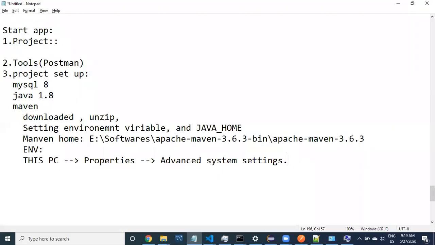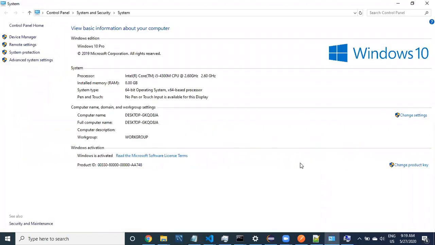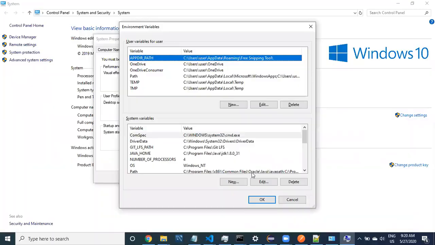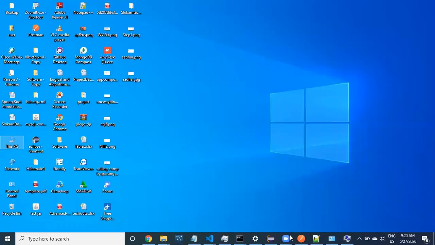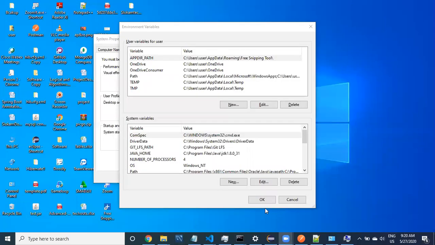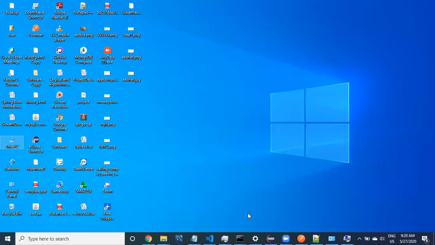After coming here, click on Environment Variables. This is what it looks like.